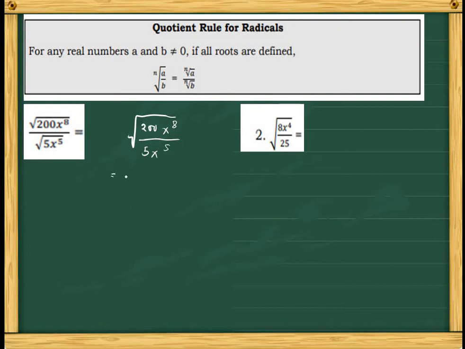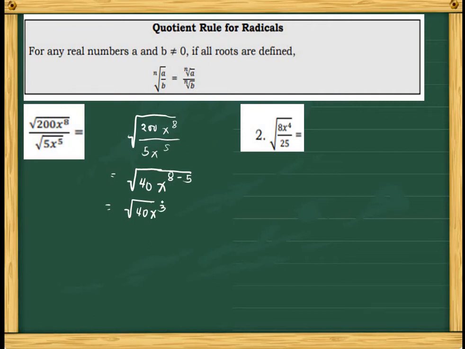Note, 200 divided by 5, that is 40. That is the square root of 40. Next, so we have here same base, and this is quotient. All we need to do is to copy the base and subtract the exponent. So 8 minus 5. So this is square root of 40